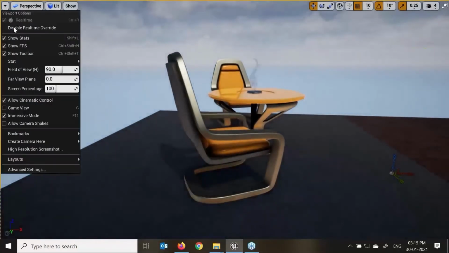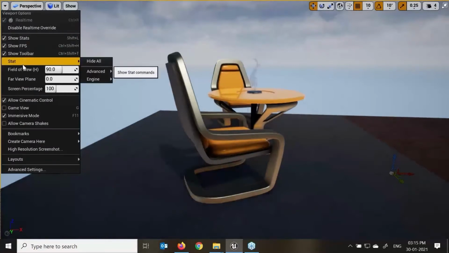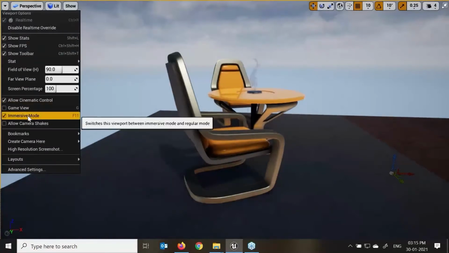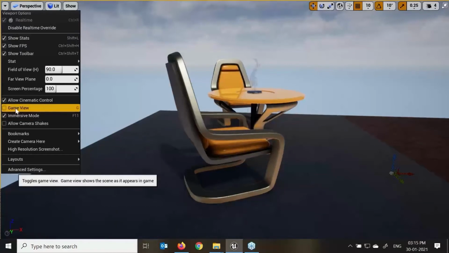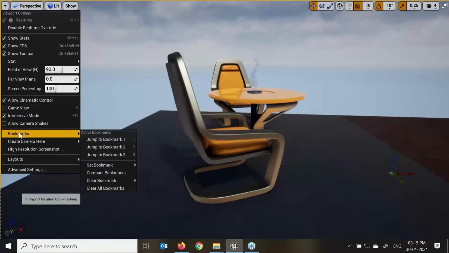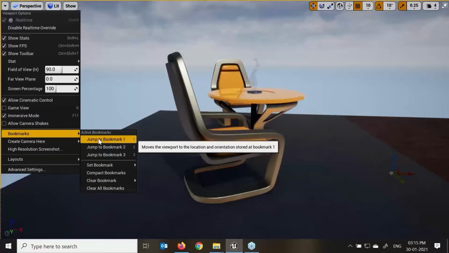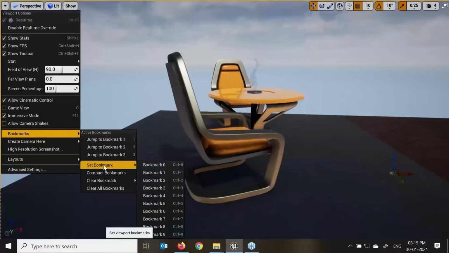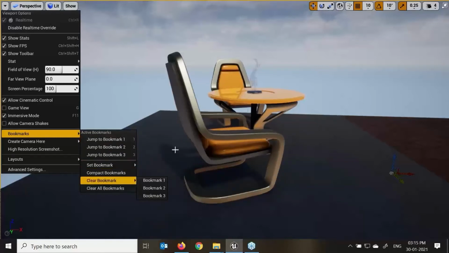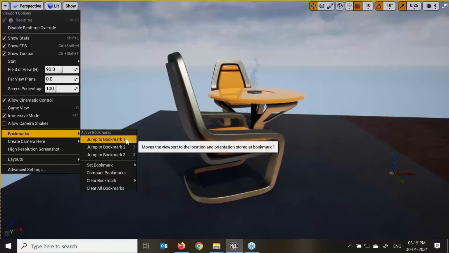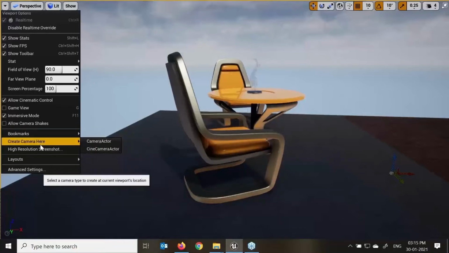Click over here: Show Toolbar, Stats, Field of View, Game View. Again, Immersive Mode we have on F11, and Game View on G turns on and off. Bookmarks: here I can make my own selected view. If I create a bookmark, Set Bookmark 0, 1, 2, 3, 4, there are different options available, which is really very helpful when you are creating a game in Unreal.